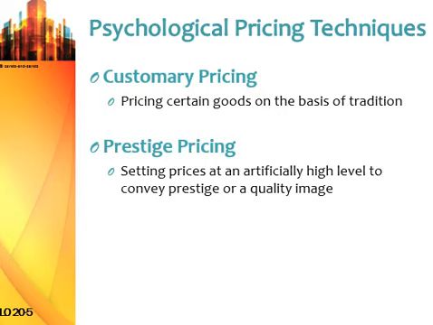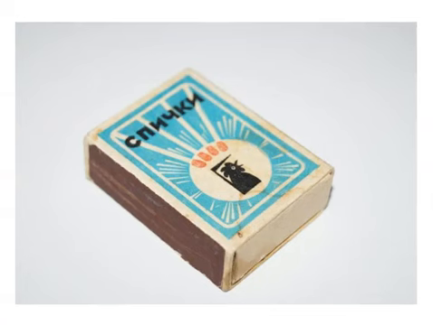Customary pricing. When I was looking at an example for customary pricing, I came across a matches example. During the Soviet Union, all my life during the Soviet Union, a box of matches was 1 kopeck, which is roughly 1 cent. The size of matches was standard, and the number of matches inside the matchbox wasn't important, but it was always 1 kopeck, right? 1 cent. Now, fast forward to Uzbekistan,